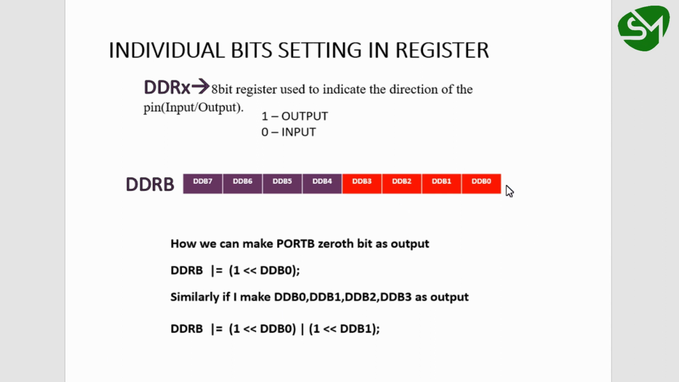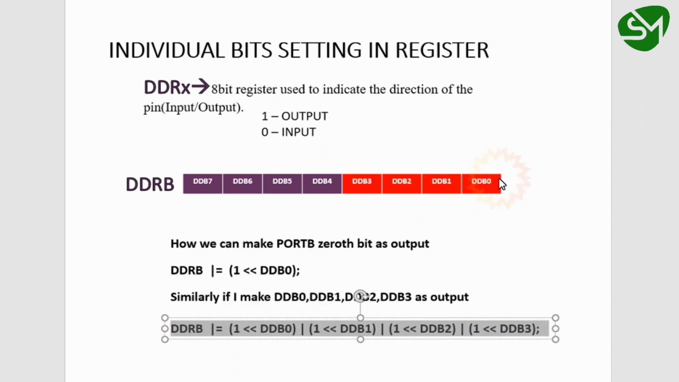And if I want to make all these 4 bits from DDB0 to DDB3 as output, I can write DDRB OR equal to 1 left shift of DDB0 OR of 1 left shift of DDB1 OR of 1 left shift of DDB2 OR of 1 left shift of DDB3. So this line will set all the bits from DDB0 to DDB3 and we are configuring all the pins as